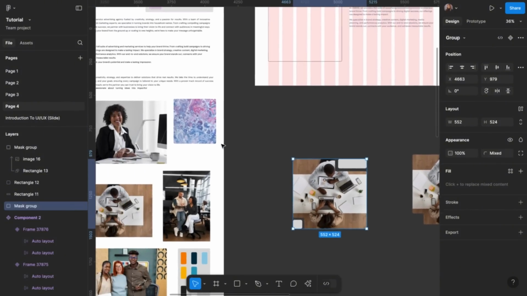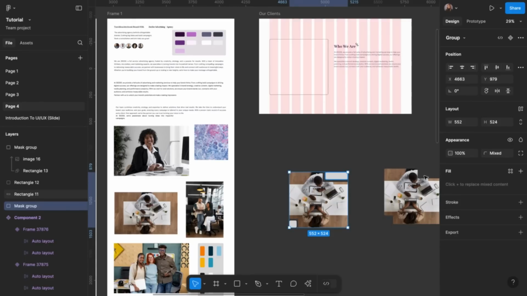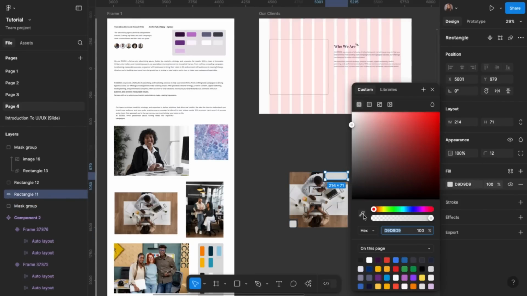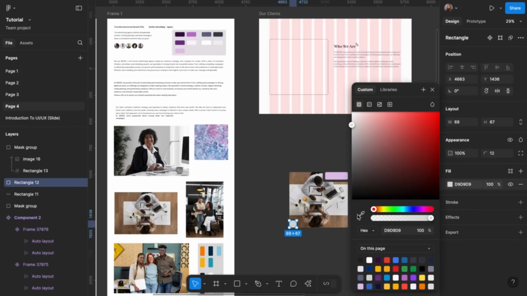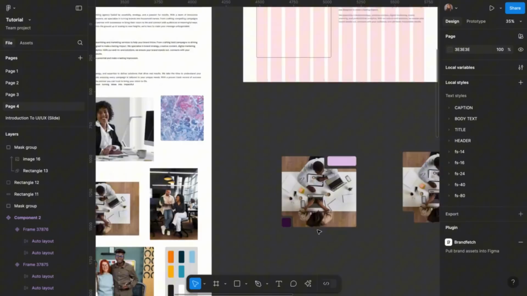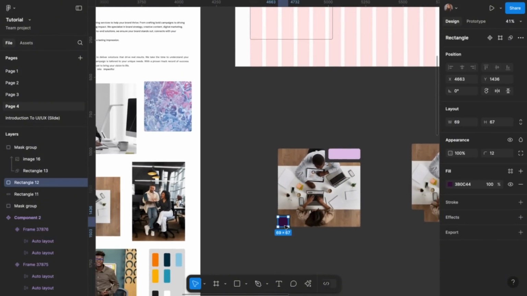Now we'll go ahead and add colors to this rectangle before grouping. So we can give this a light color. We can give this the brand color. Okay. We can actually extend this